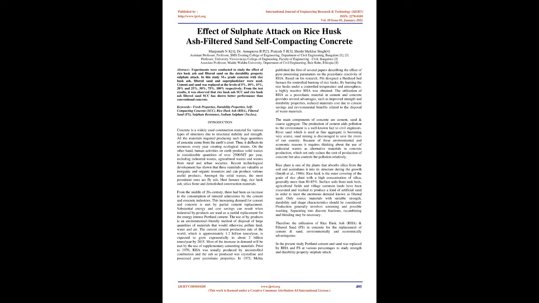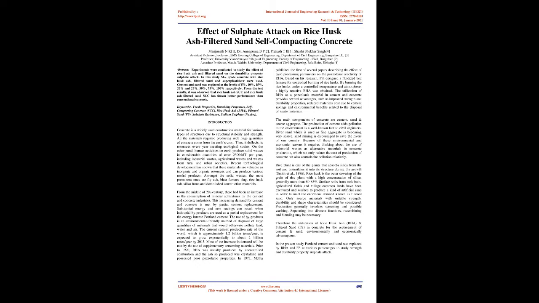and demolished construction materials. From the middle of the 20th century, there has been an increase in the consumption of mineral admixtures by the cement and concrete industries. This increasing demand for cement and concrete is met by partial cement replacement. Substantial energy and cost savings can result when industrial byproducts are used as a partial replacement for the energy-intense Portland cement. The use of byproducts is an environmentally friendly method of disposal of large quantities of materials that would otherwise pollute